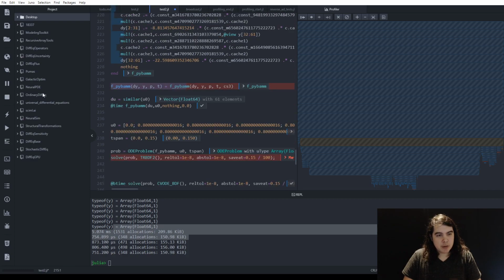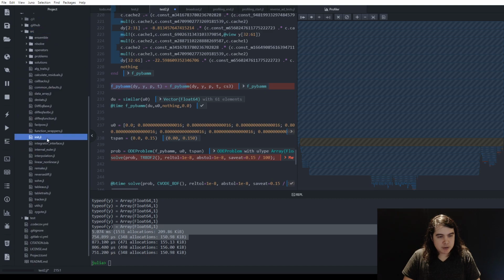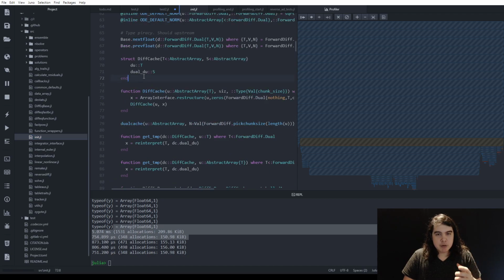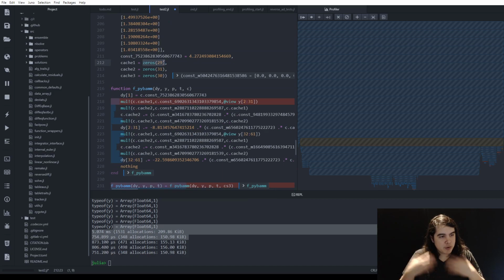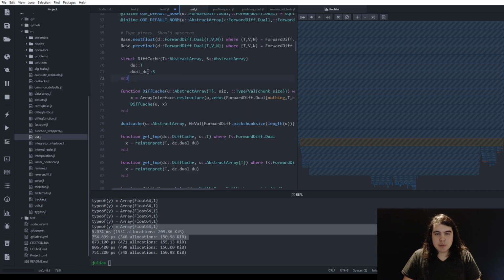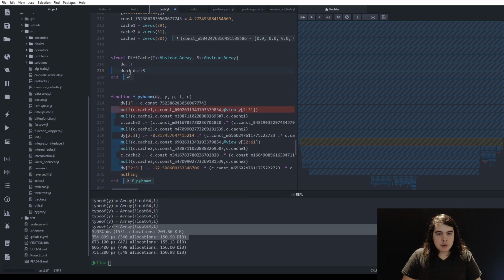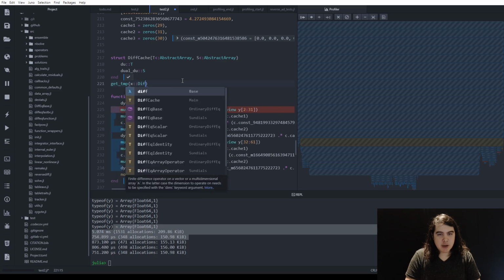Well, let me actually dig into the source code of the library here. This is a nice little trick to understand a few things going on. So here we can create something that we call a dual cache, right? Instead of just a cache of the numbers, I can have a cache that has the array of numbers and the array of dual numbers. Let me pull this out here. So here I can have a diff cache which has both of these values, right? And what I want to do then is say get TMP of if X is a diff cache,